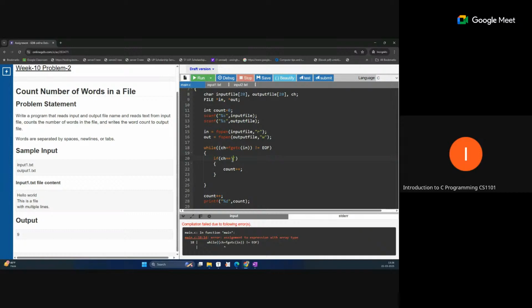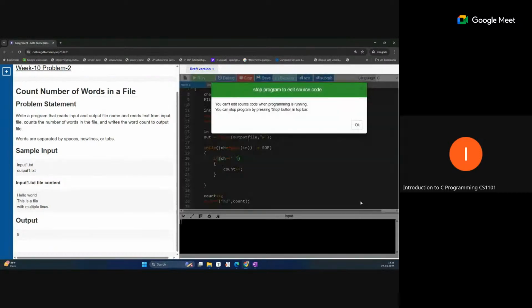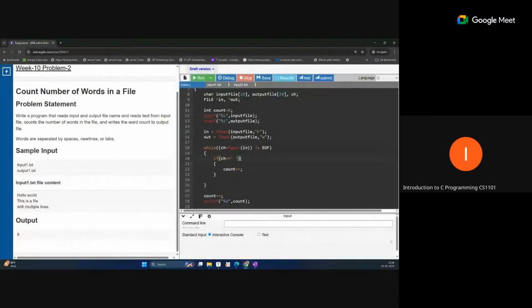Oh, we have to use this bracket. One second. Actually, for a single character we should use single quotes. Okay, let's write all the conditions: ch equal to single quote slash n